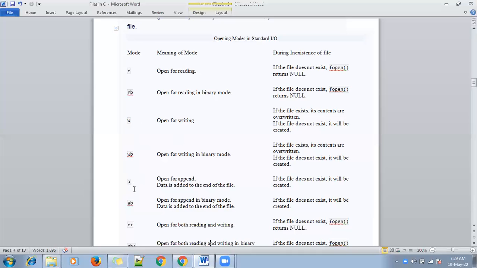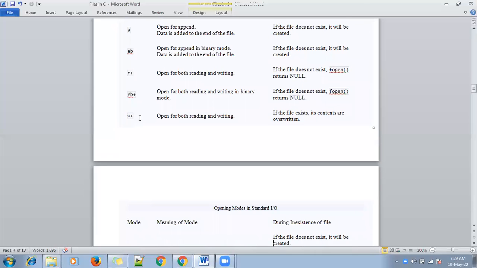Next mode is append mode. Append mode is the same as the write operation, but if you open a file with the append mode and the file is already existing, the same file will be opened, but the data will not be erased or overwritten. Your new data will be started from the end point